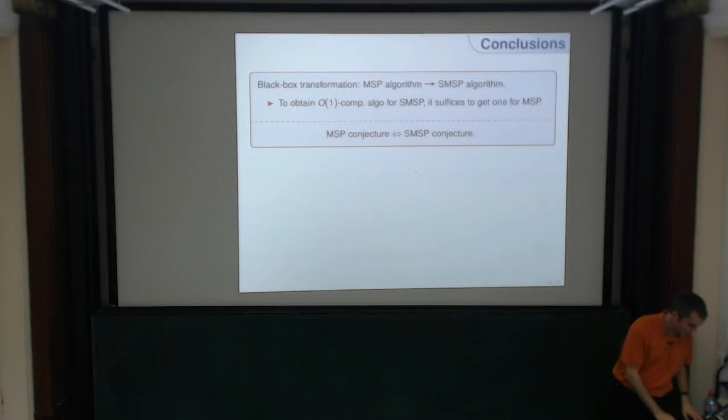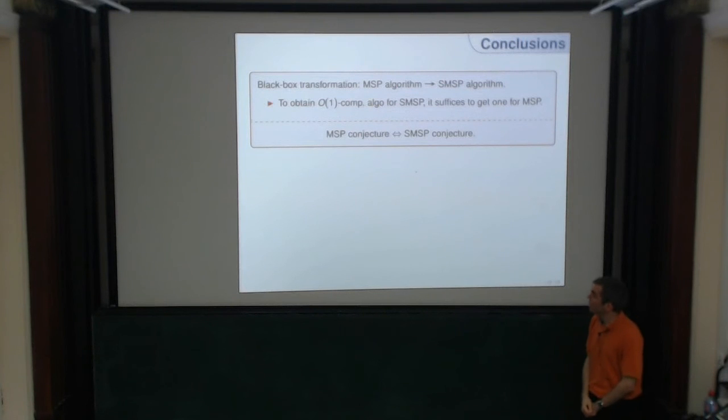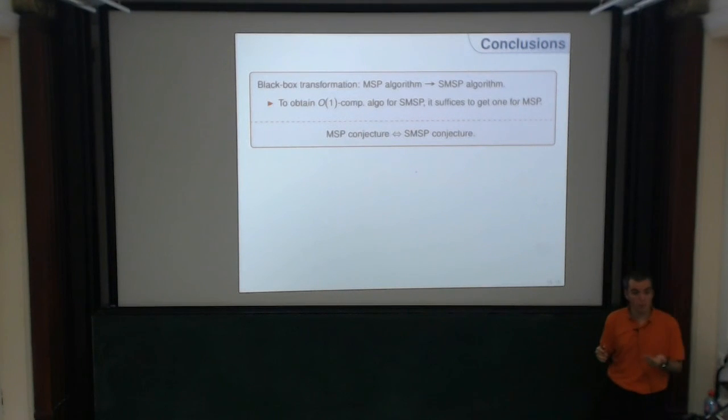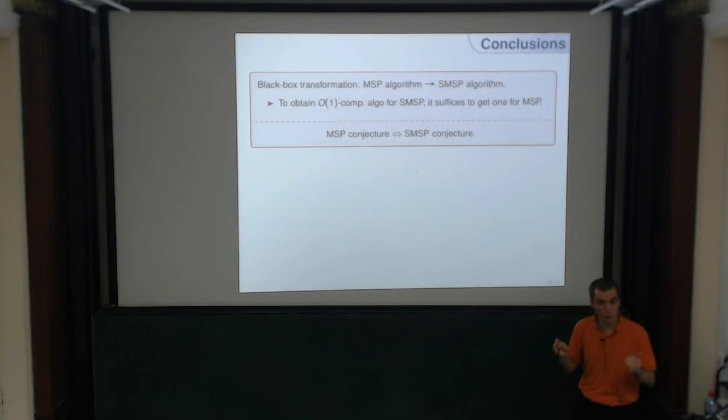Okay, so I will wrap up here. The main result is this black box reduction. Whenever you have an algorithm for the matroid secretary problem, you can transform it in a black box way to an algorithm for the submodular matroid secretary problem. In particular, if you are interested in getting constant competitive algorithms for a submodular problem, you can just focus on the linear one. If you want to get the best constant, of course, maybe there are better things you can do, and you will lose something in terms of constants using our framework. But if you're just interested in qualitatively understanding what you can achieve, that is enough to consider.